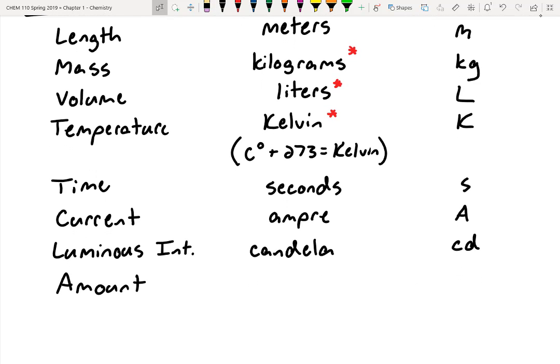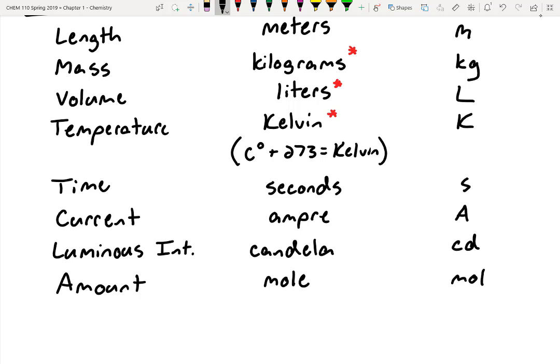And then the last one that we're going to spend a fair amount of time with is amount. With small amounts, we can just count them with whole numbers. We can go 1, 2, 3, 4. But if you try to do that with elements, you're going to have a bad time, right? Because elements are super duper tiny. You're going to be counting into billions and trillions and even higher. So instead, scientists have this unit called a mole that can be abbreviated MOL. And we'll talk more about that later, but that's an incredibly large amount of atoms, and it just makes it easier for us to use. It's kind of like how bakers use a dozen rather than counting things individually. It's just an easier unit to handle.